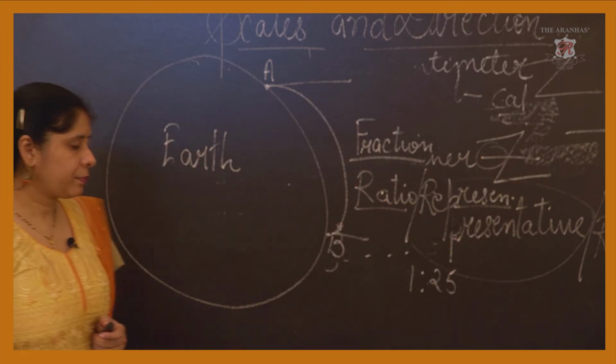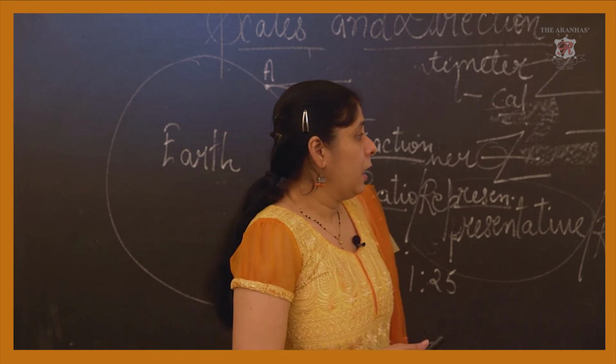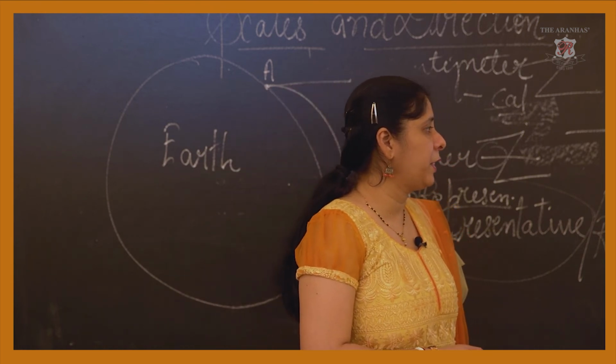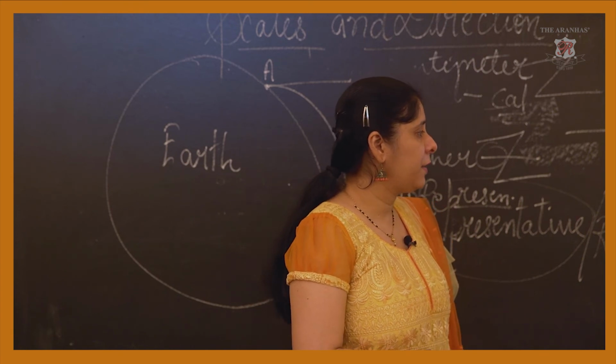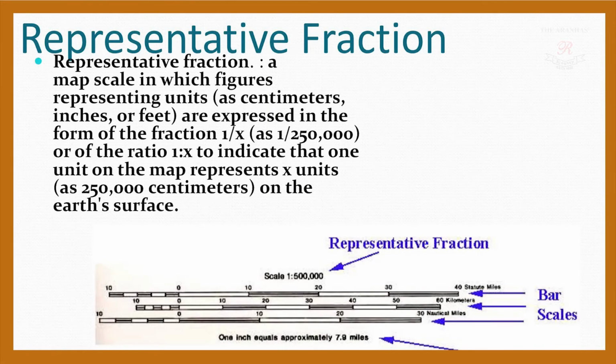Clear? Now, please understand the scale over here. First we are discussing the representative fraction. Then the term written is bar scales, and then the statement of equivalency. So now here we are going for the statement of equivalency. Now this entire scale has been drawn with the help of the representative fraction. We can see the scales here.